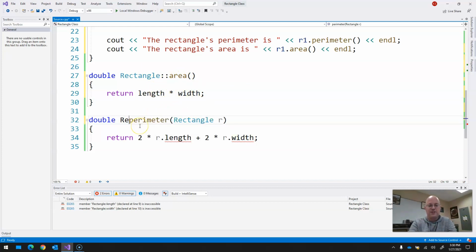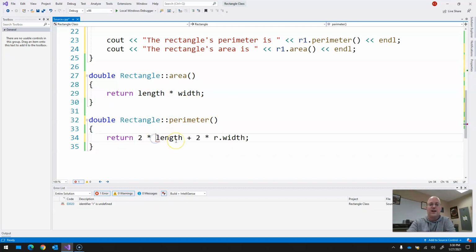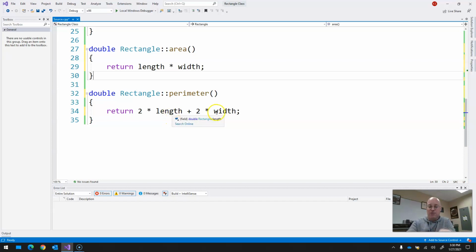Down here, we're going to do the same thing. Rectangle, colon, colon, perimeter. No parameters in there. Return 2 times the length, not r dot, but just the length, plus 2 times the width. Again, perimeter is a trusted function of rectangle, so it can directly access the variables inside of it, length and width. And that's the key to doing the set rectangle function. If you can directly access these private variables so long as you're within a function of the class, well,